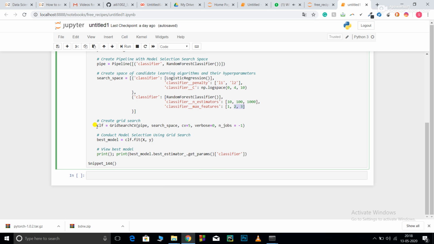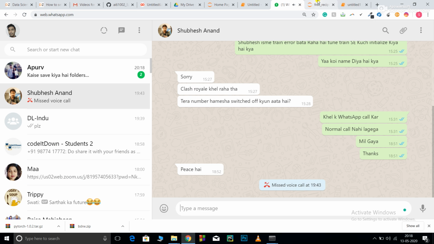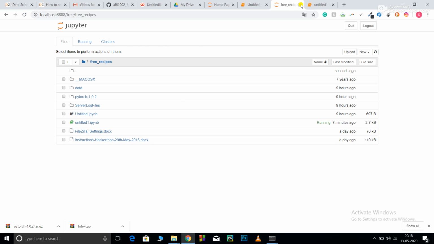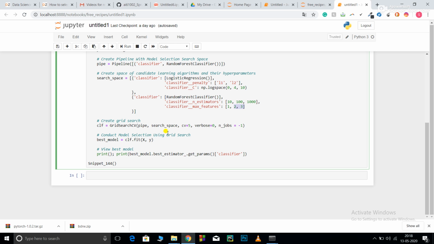After that, I'm using GridSearchCV with pipe, search space, cv equal to 5, verbose equal to 0 and n_jobs equal to -1. For cross validation, I am performing 5 cross validations.